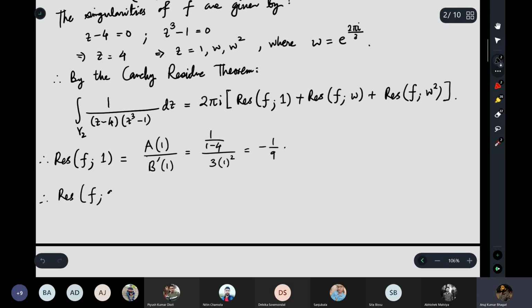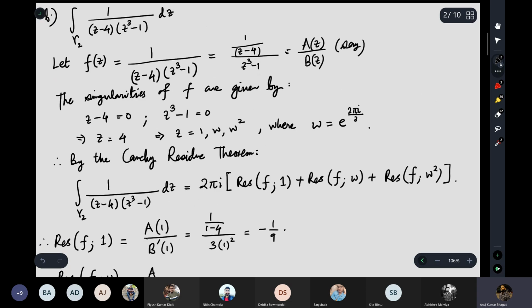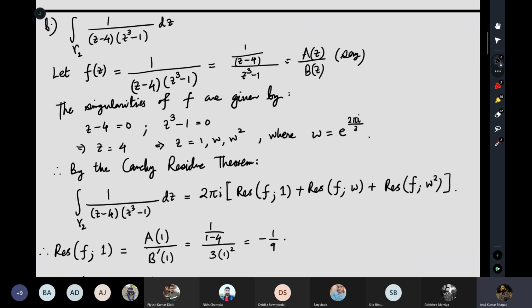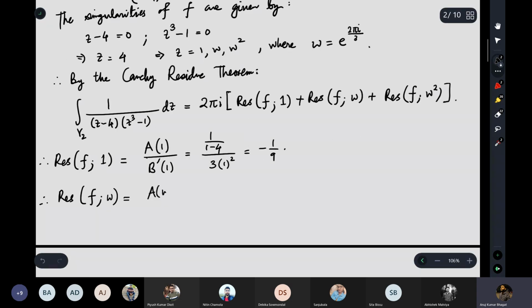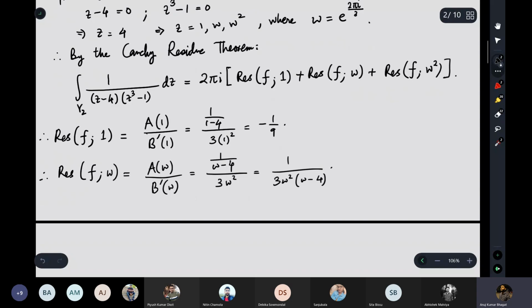residue of the function at omega, which will be again in the same manner, because b of omega is again 0 and b prime of omega is again not 0. So again omega is a simple 0 of b(z), and as a result it is nothing but a of omega divided by b prime at omega, and this is by the same calculation 1 by omega minus 4 divided by 3 omega square, which is nothing but 1 by 3 omega square (omega minus 4). And similarly